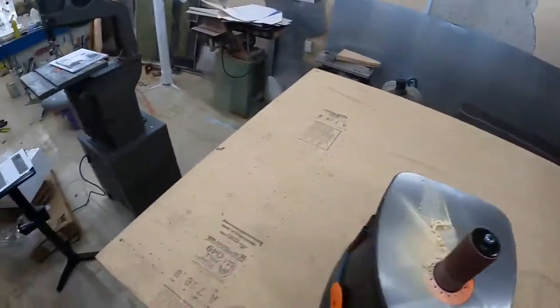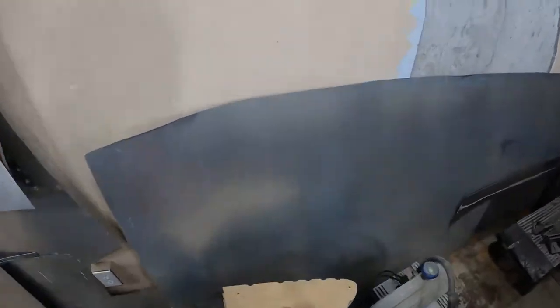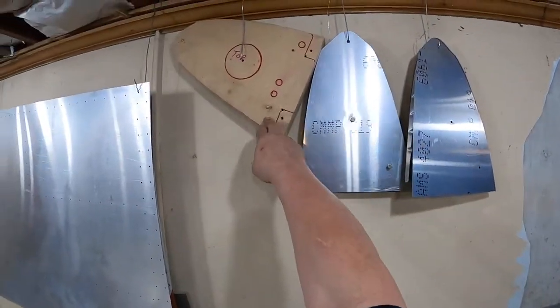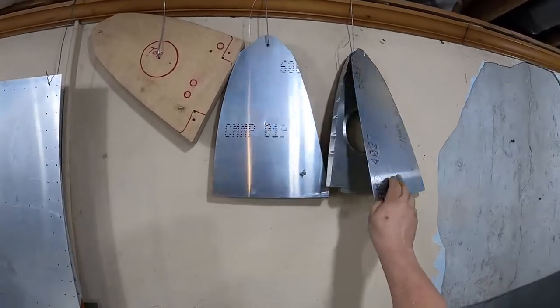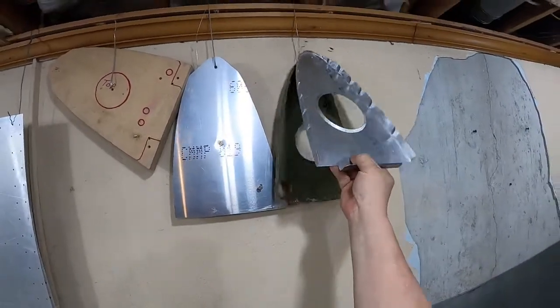All right, and that's why I got this, because I make a lot of these parts here. These are the templates to make these, and this is actually one that I made out of these templates. So this is